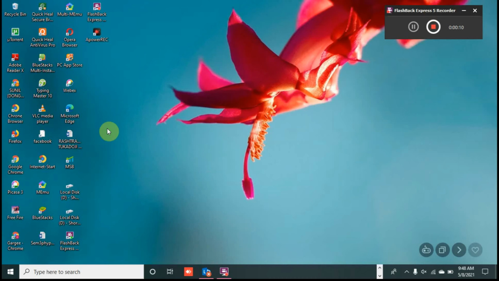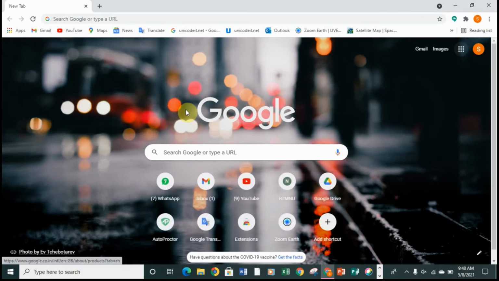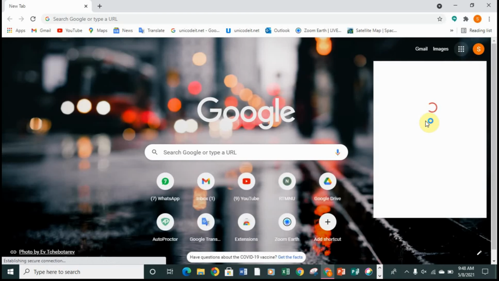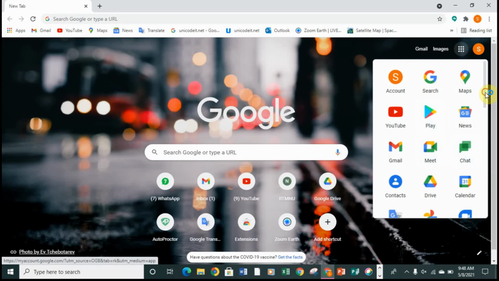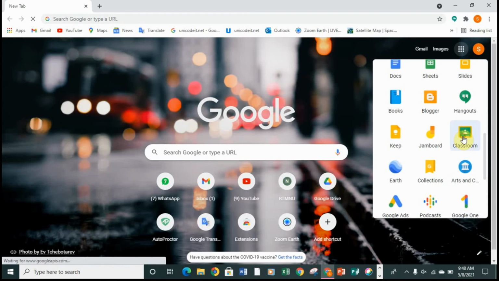In today's video, I will tell you how to make a Google Classroom and how to add students in the classroom. For that, I will just go to my Chrome, and from where you go to your classroom, we will just go. Just a minute, I will go from this shortcut. So I will click on classroom,